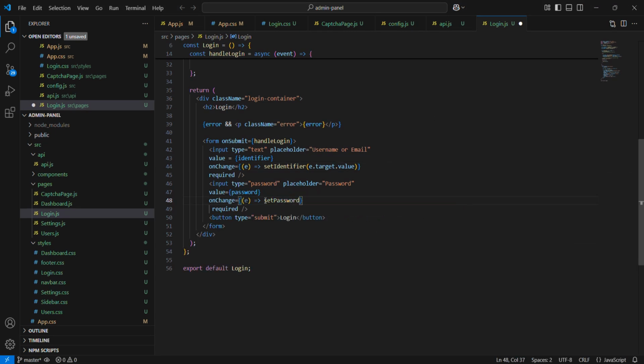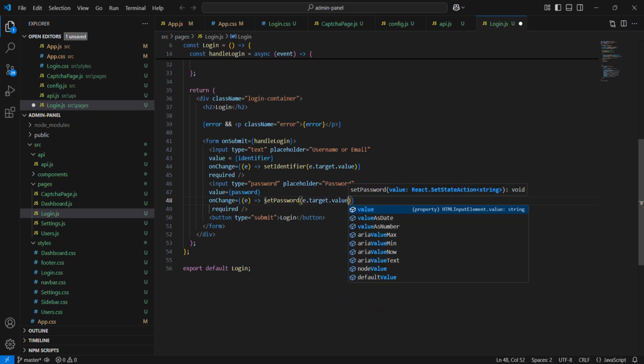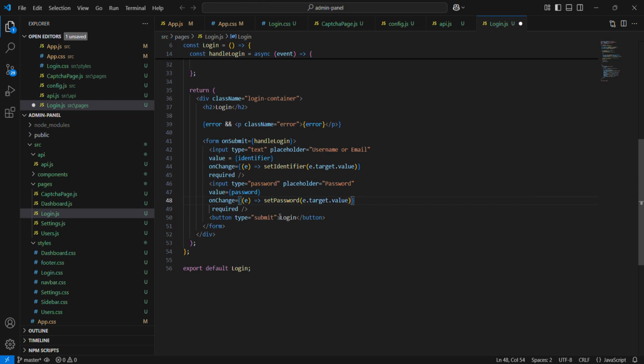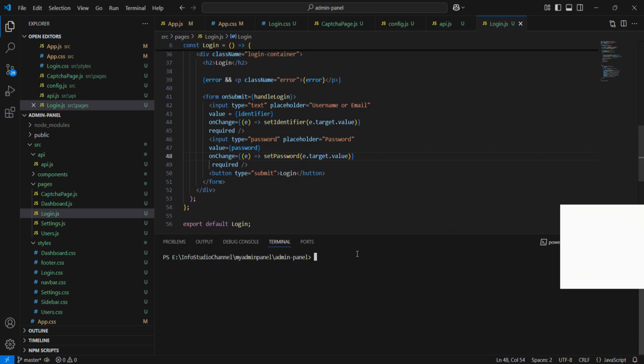Here, similar changes have been made for the password input field. So, here are changes to the login page for testing the user login API are completed.